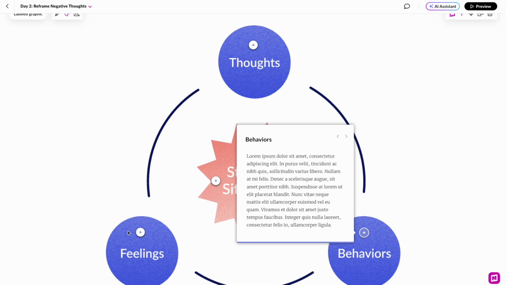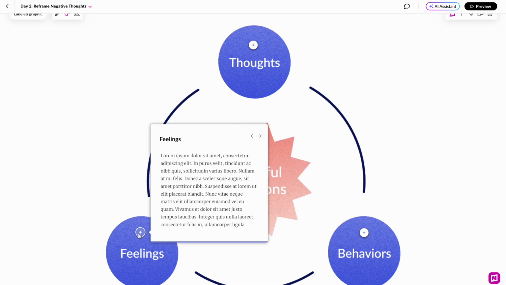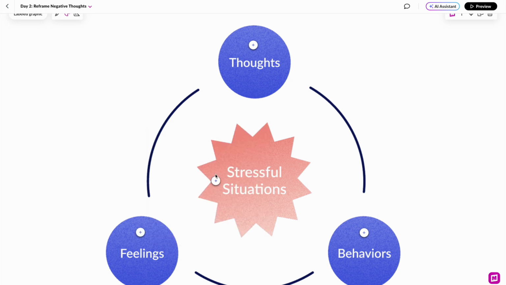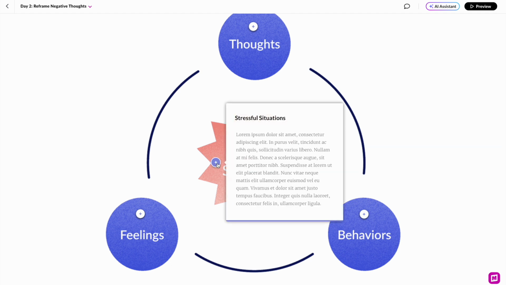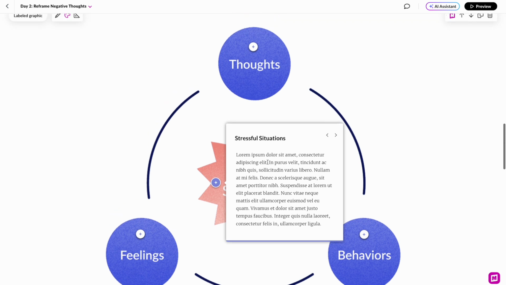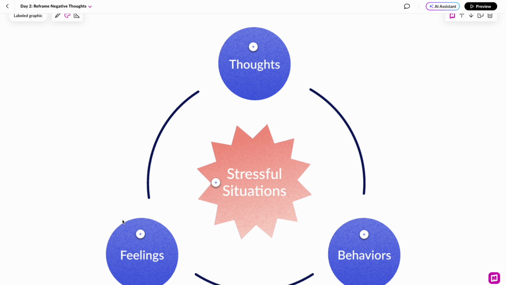your labeled graphic. So in this situation, for the most part, all of these pop-outs seem to be in a pretty good position, except for the stressful situations. Where really in the stressful situations, I would prefer that this open up on the left-hand side versus the right-hand side. But however, Rise is built in so that if it's on the left part of your image, it's gonna